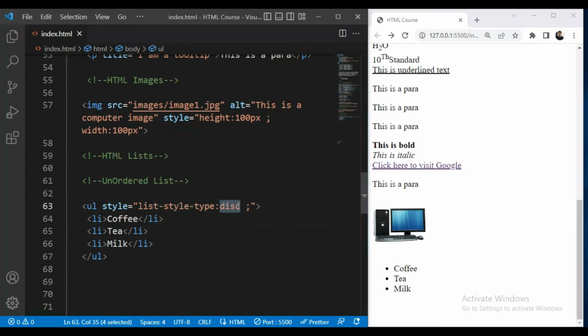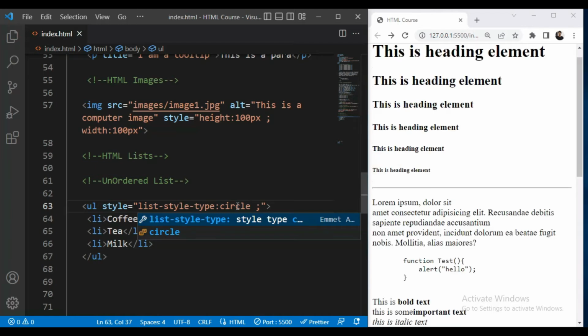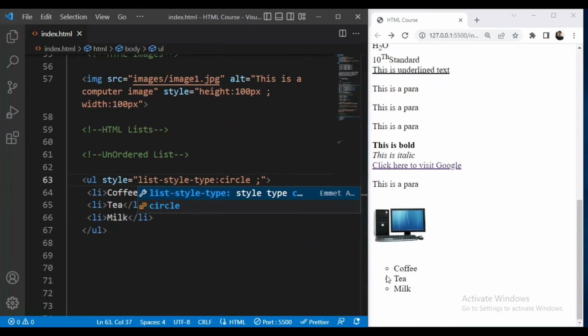Then you can use circle. So now you can see circle. Then you can use square. So now you can see the square, and then you can also use none. So you can see here we have no style.